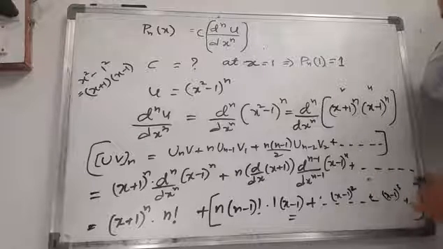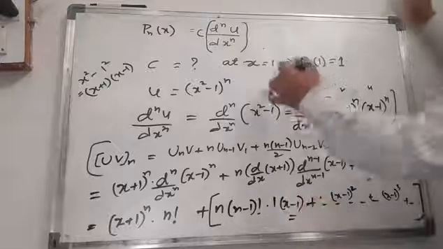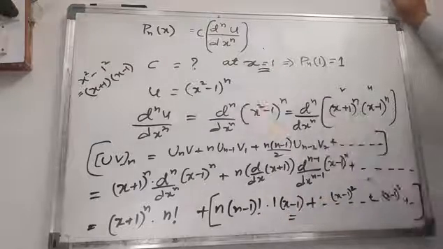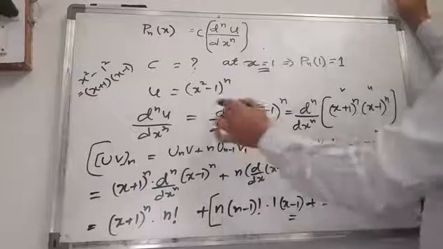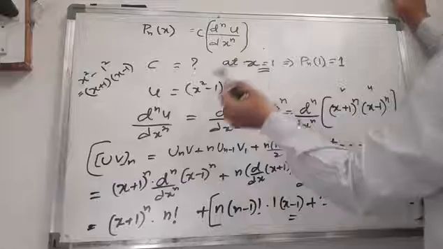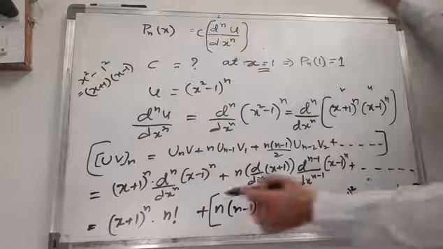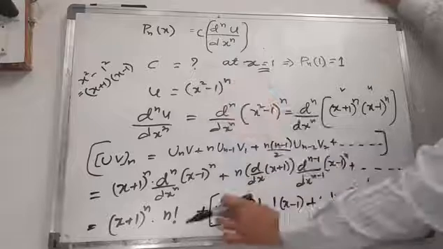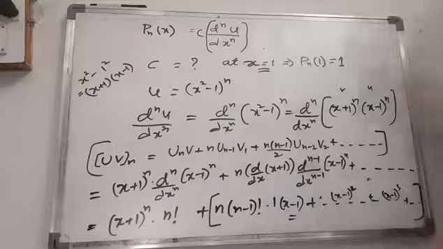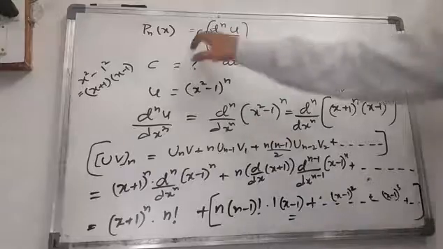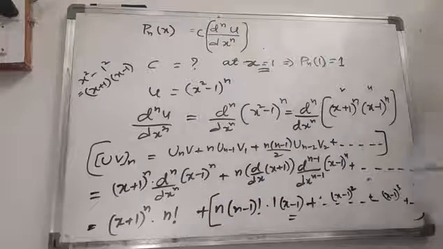Okay. So from this what we understand is you have to find the x is equal to 1 value to find the c value, right? So before that it is multiplied with the c, no? This is equal to some, we are finding this nth derivative, right? Okay. So we got the nth derivative value. So from this now we are going to find out the c value. Substitute this nth derivative value in this equation. Okay.